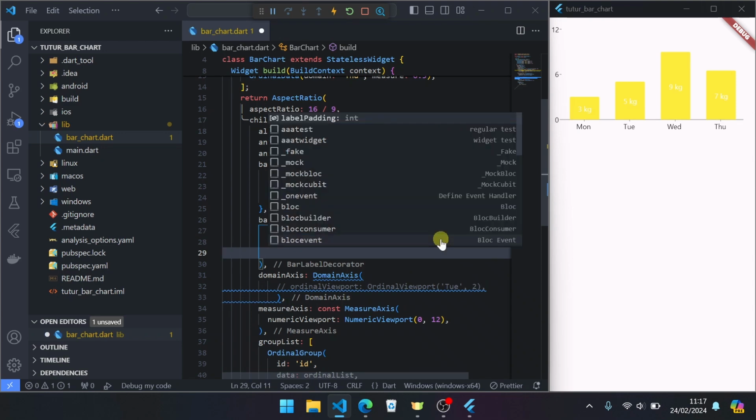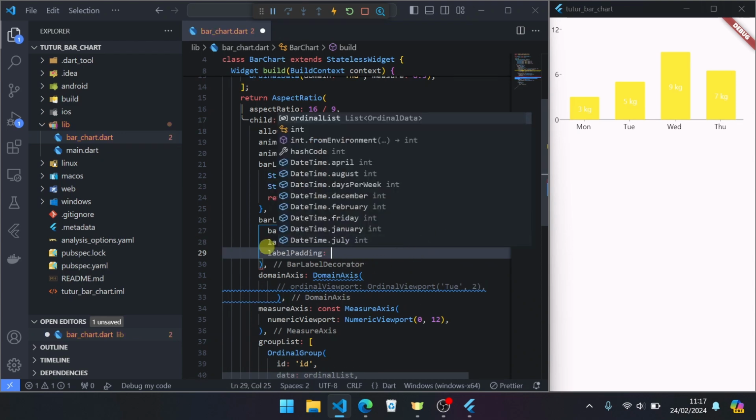Next property, label padding, to set space between the label and the item bar side.